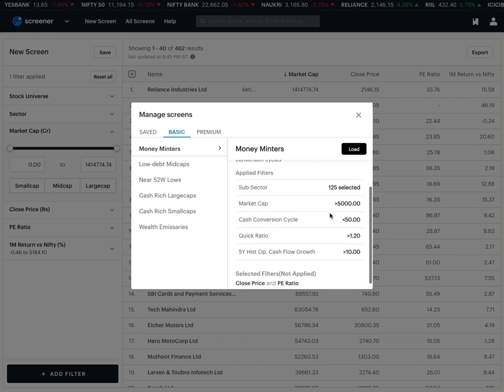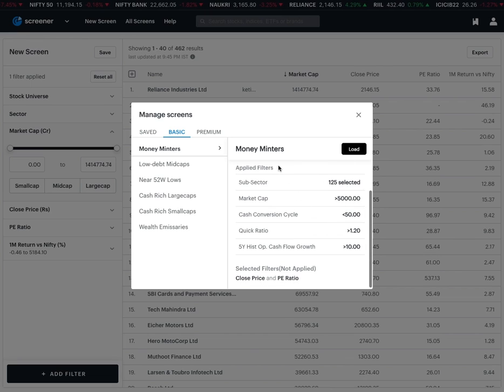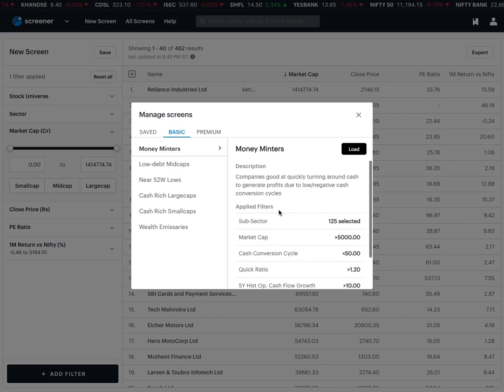Last time we also discussed that there can be certain filters which can be applied to a screen, meaning that they have a range or a value selected. And there are certain filters which are not really applied, but they are projected, or you can call them selected filters. So these filters, though they will be visible in the columns, do not contribute to screening. They are just for FYI purposes, that these columns also we want to track. So I think easiest way would be to load the screen, and then we will discuss what is happening here.